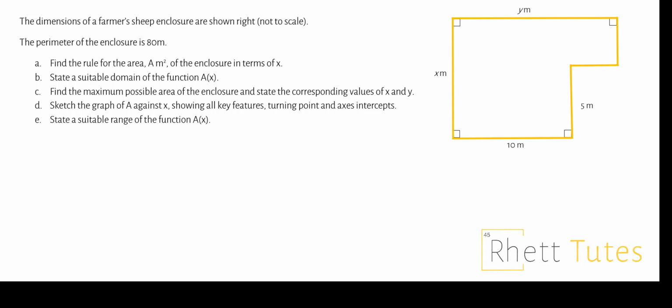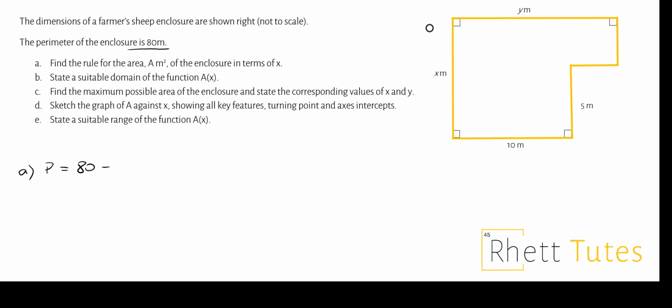So the dimensions of a farmer's sheep enclosure are shown on the right. We see in yellow here the fences and some of the dimensions are given to us. The first piece of information we're told here is that the perimeter of the enclosure is 80 meters. So for part A, we find the rule for the area, A meters squared, of the enclosure in terms of x. So the first thing I will do, using the information about the perimeter, so the perimeter is equal to